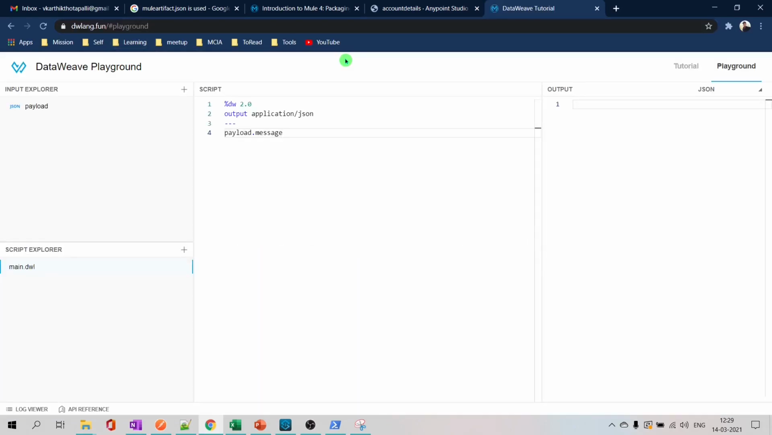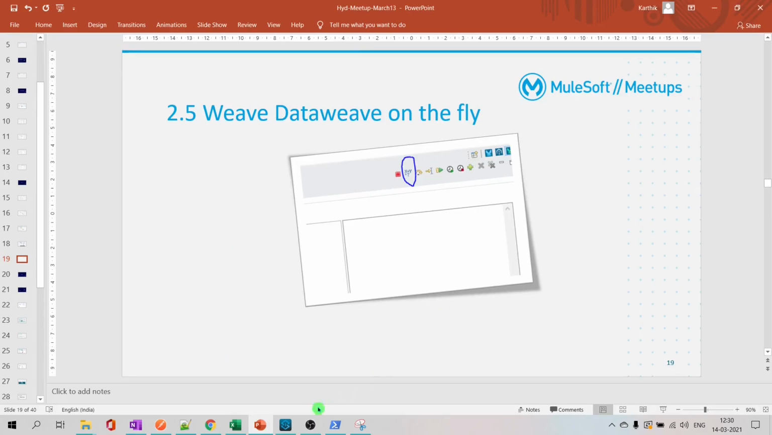There is some Docker container deployed somewhere. MuleSoft gives you this dwlang.fun, but this may not be accessible to everyone. If you are, especially in a corporate network, it may not be accessible. And also, this is not recommended for your sensitive payloads because you are sending them to someone else for processing, right? It's not good to do. And also, you may have your own Docker container deployed to your PC and then you can run it. But the one I'm talking about here is in your Studio,